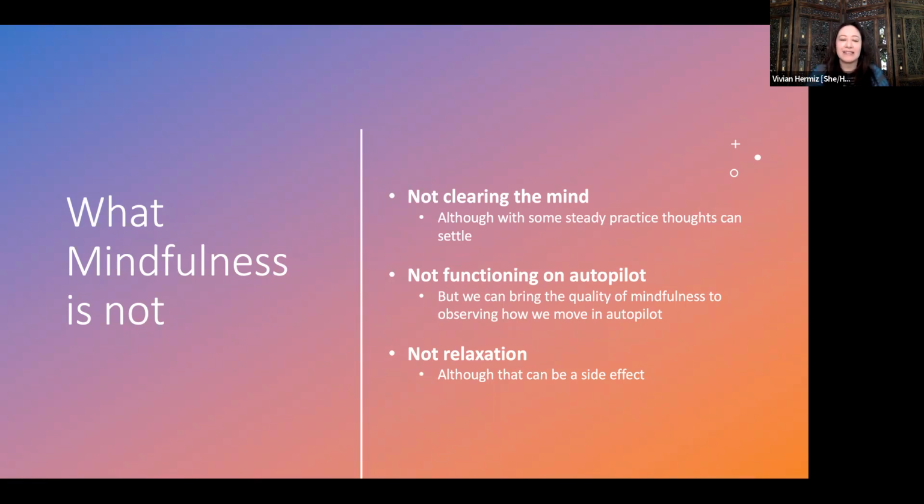Additionally, mindfulness is not about relaxation. It's a very active practice to be doing, although practicing mindfulness also often leads to the side effect of feeling a sense of relaxation, because 99 out of 100 times when you come into the present moment and you're practicing, things are either neutral or they're okay. And so when we can come into that space and have that recognition, it tends to allow us to relax.